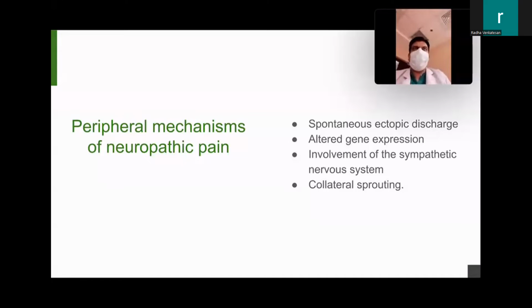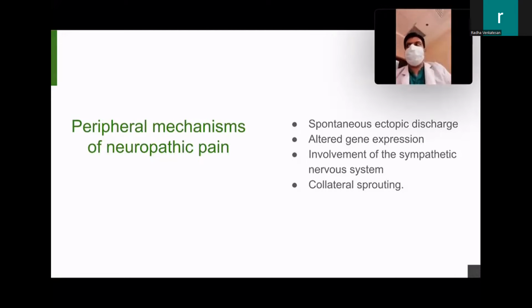And involvement of the sympathetic nervous system also happens when there is neuropathic pain. So the areas adjacent to the site of injury, the sympathetic system which is nearby, also gets involved. Commonly what we would say is CRPS and things. It is not just the sensory, but sympathetic too. You will have symptoms of sudden warmth or sudden cold, and then there may be edema, shiny skin. All those things are the sympathetic element which are also added on to the sensory element. So involvement of the sympathetic also happens.